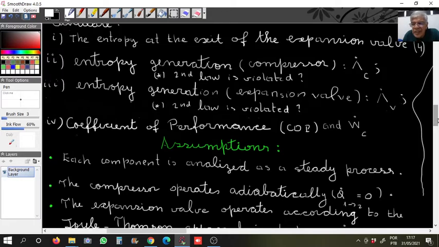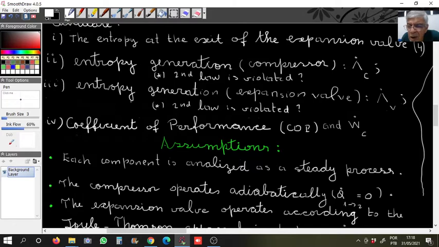Well, it will be easier to find out some parameters there. But here, I'm assuming that the compressor is not isentropic. Likewise, in the expansion valve, I'm assuming also adiabatic. Now, is the second law violated? I'm just asking, because